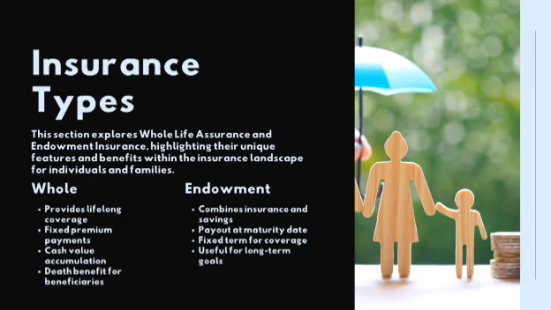Going deeper into life assurance, what are the specific parts of life assurance? The next one we are going to be looking at is whole life assurance. Whole life assurance provides coverage for the entire lifetime of the insured person, as long as premiums are paid. This combines insurance protection with a savings component. This policy covers the insured person for their entire life, as long as premiums are being paid.